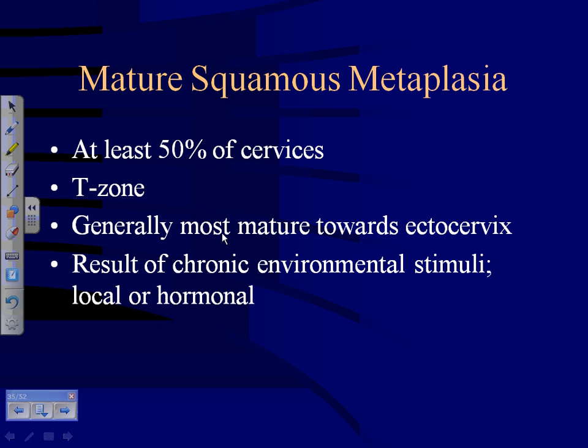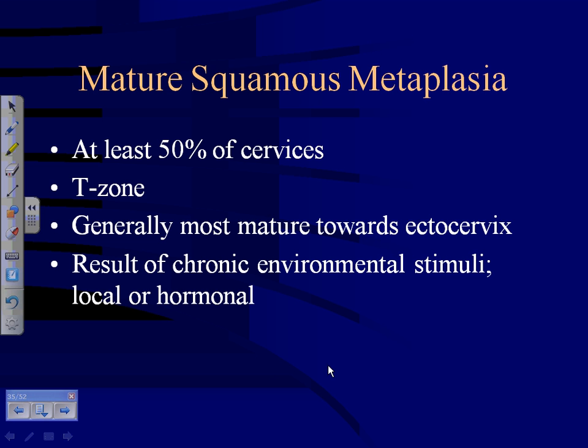And we see mature squamous metaplasia in at least 50% of cervix that we see on histology. It is not an abnormal finding for us. Like if I see it on histology, oh, okay, she's got some squamous metaplasia, no problem. That's normal. I don't call it anything abnormal, okay? Unless for some reason there's some dysplasia associated with it, and then I might mention it. But it's totally normal. And it's a protective mechanism that results from chronic environmental stimuli, local or hormonal, which is